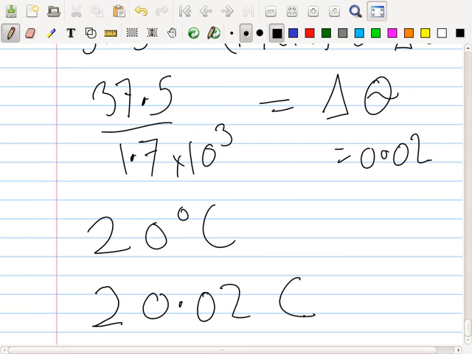So you will make it 0.02 minus that. No, plus. Increase the temperature. No, delta E just means the change in energy. It's going to get hotter, so just add it on. Don't think of it like that, you'll confuse yourself. So look, I have my rubber ball. I throw it against the wall. It comes back a little hotter now. So T2 equals 20.02. It comes back a little hotter. 20.02 is the new temperature.